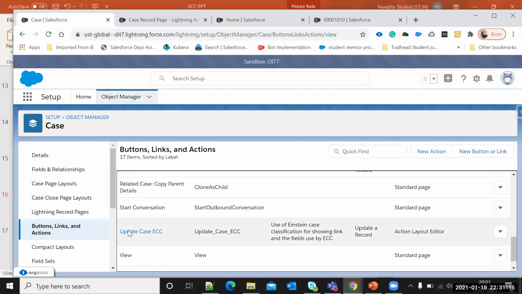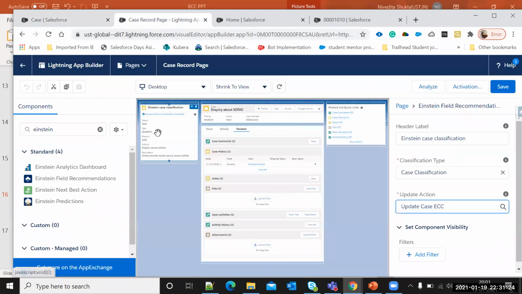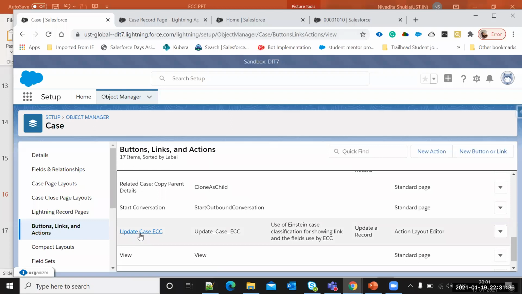Yes, it is created by me, because for all the fields we wanted to show the recommendation, it is easy for the agent, so that they need not spend time going to details and changing it. They can easily look at the component, and they can modify things over here only. What kind of button is that?